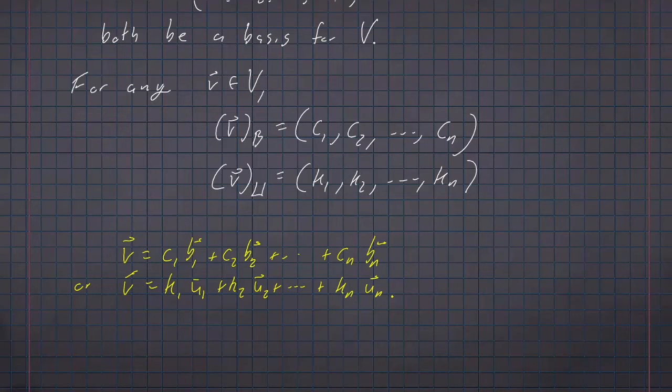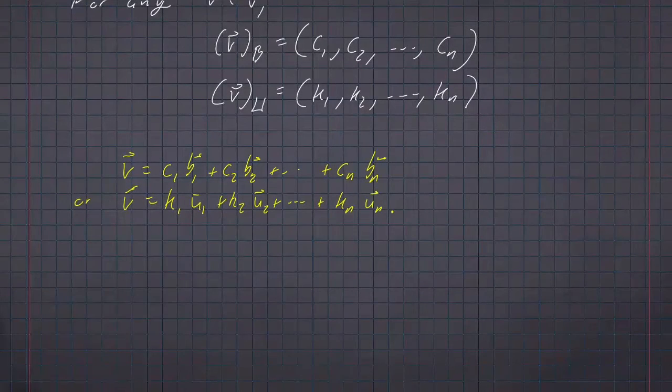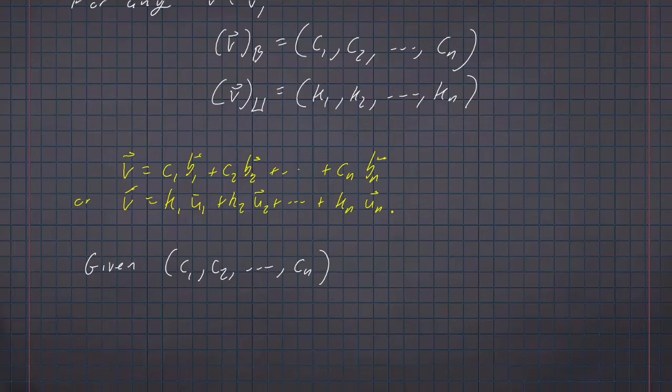And again, our goal is to find a way, given C1, C2 through to Cn, to calculate what we will get as K1, K2 through to Kn